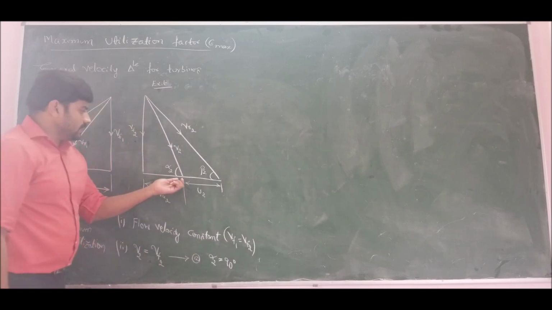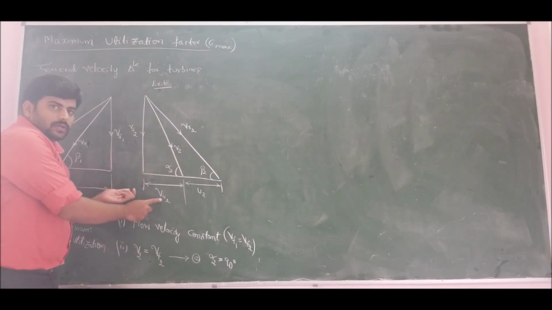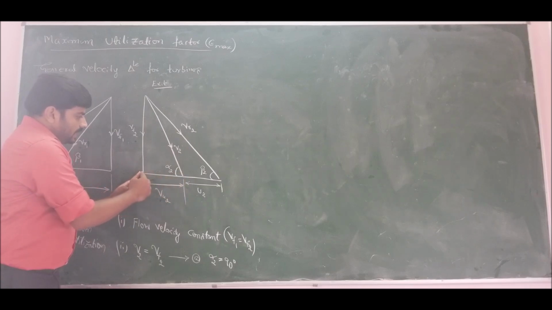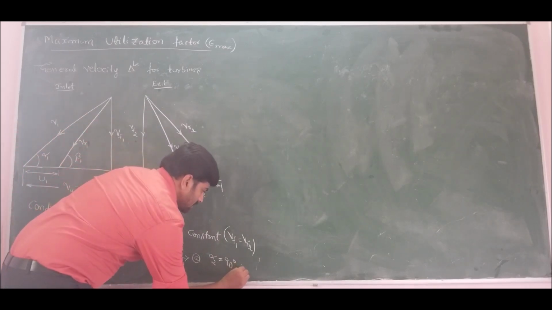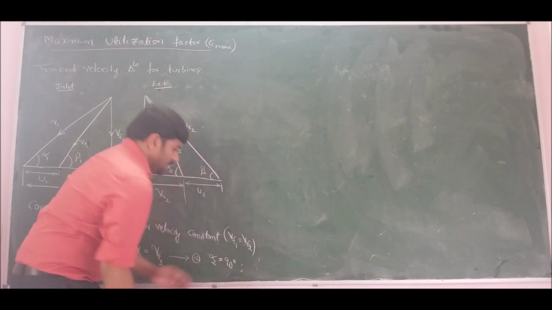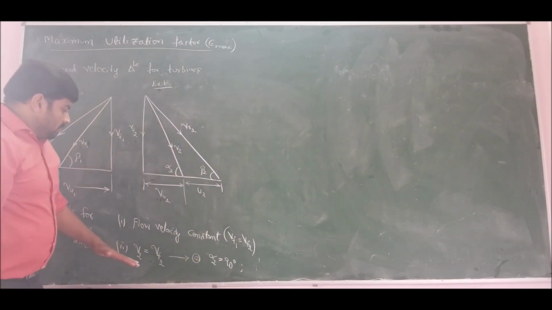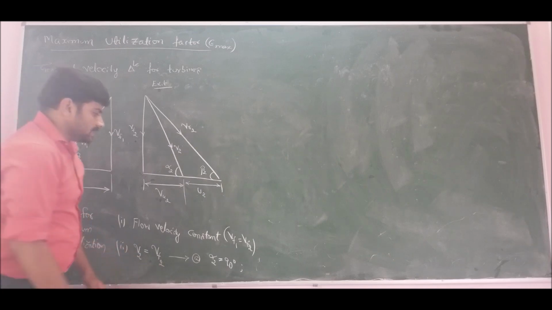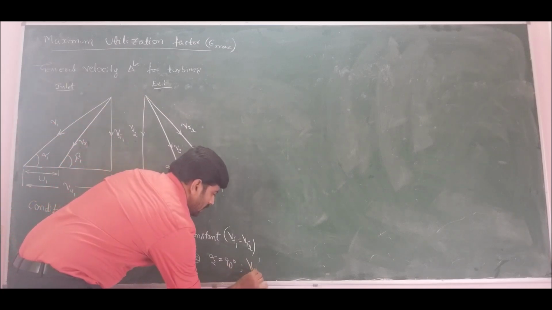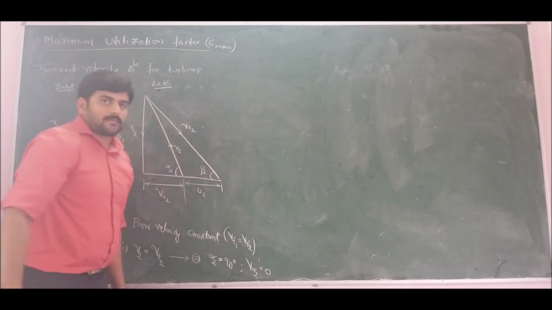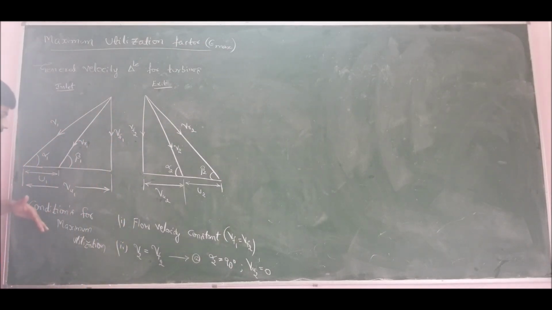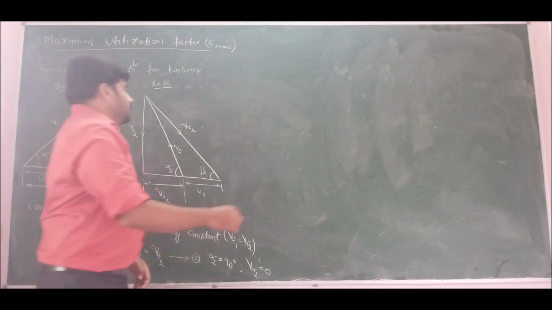Since alpha 2 is equal to 90 degree, what is the value of Vu2 now? If alpha 2 is equal to 90 degree, Vu2 will become 0. So therefore, the second condition I am obtaining by the concept of maximum utilization is that Vu2 will automatically become 0. So using the condition for maximum utilization, this velocity triangle can be written as